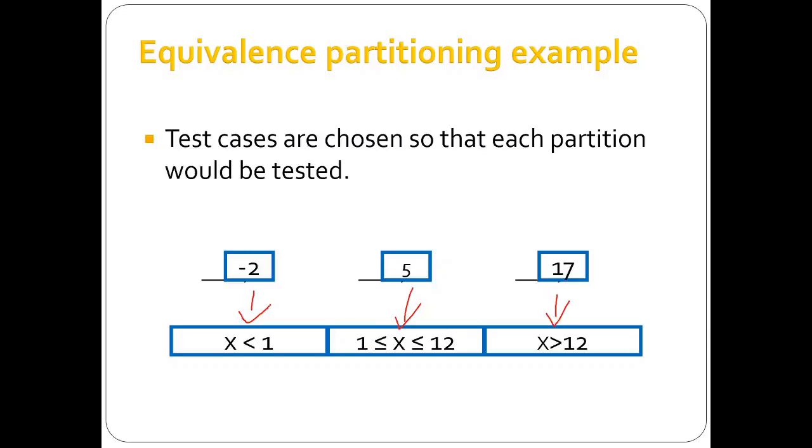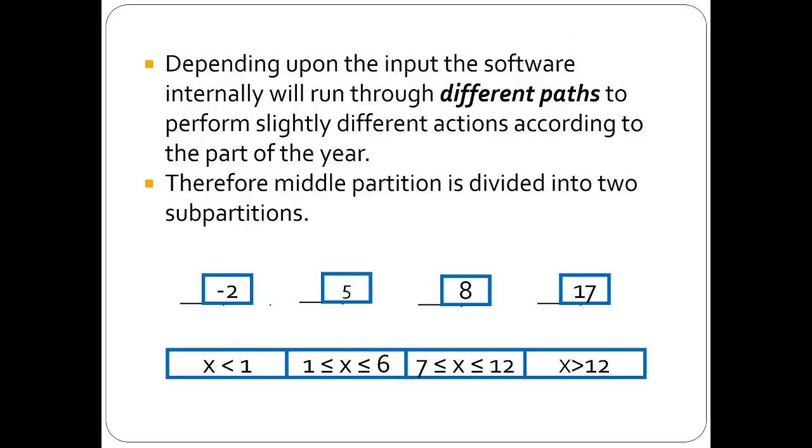Now what about the boundaries? Now you need to select the boundary values so that it works properly. Here, see, we have divided that valid partition again into 2 partitions. So we have done 2 valid partitions here. Sometimes we also need to divide the valid partitions. This is an invalid partition, and this is also an invalid partition. See, again we have selected the values from each partition and you need to test it.